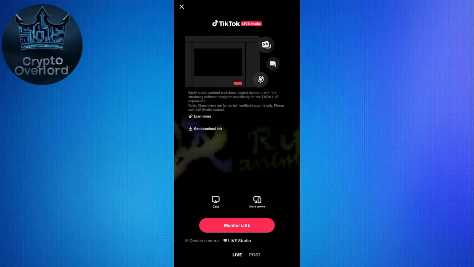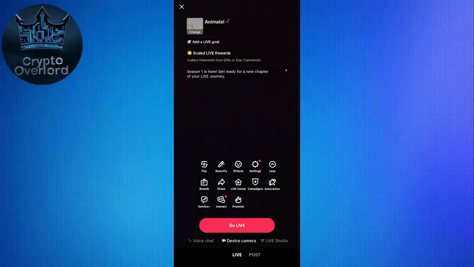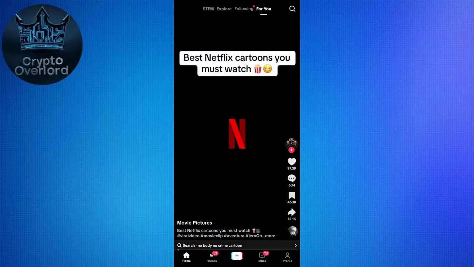If you don't see the stream key option on your TikTok live setup screen, it means your account hasn't been granted RTMP access yet. In that case, you may need to apply through TikTok Live Studio or wait until TikTok rolls out access to your profile. Some creators also report that updating the app or switching to a business creator account